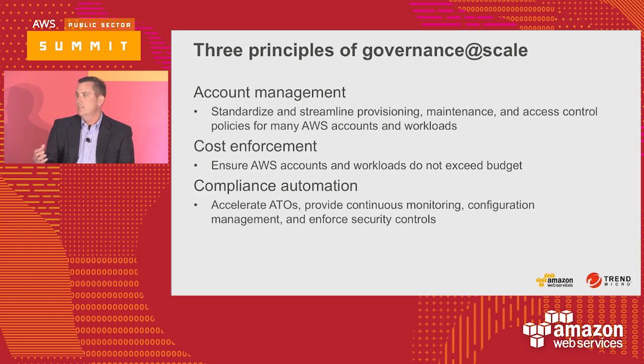Create the web interfaces that developers can go into and request accounts, and then their managers can approve the accounts, and so on and so forth. We'll go into that in more detail in the next couple of slides. Cost enforcement, right? If you're going to scale out and be able to programmatically create accounts to allow developers to